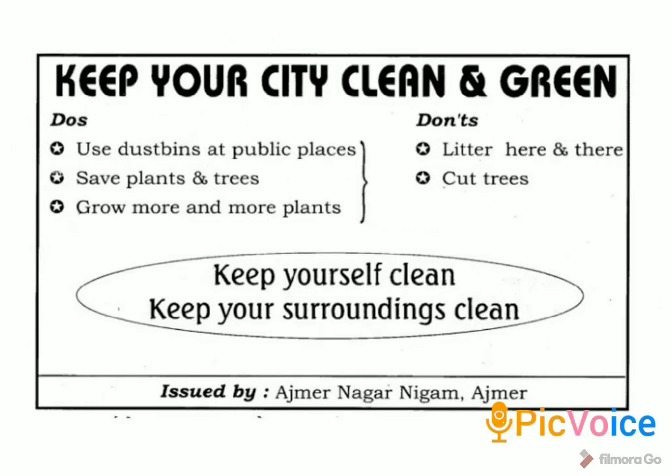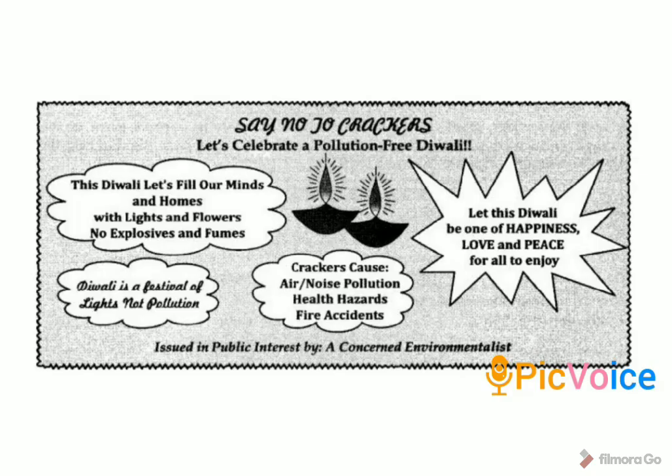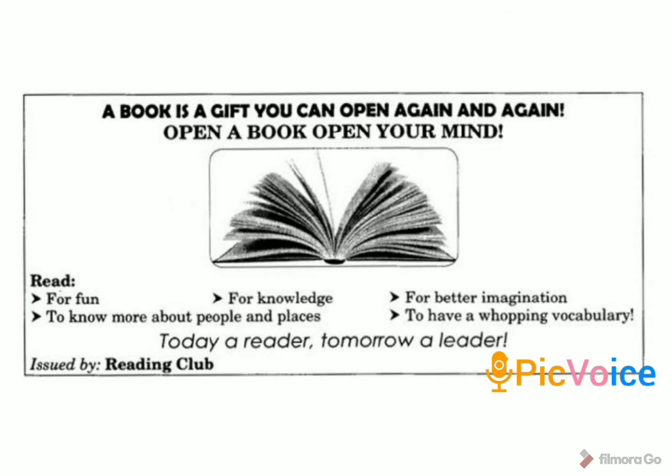Here are a few more examples of posters on environment and social issues. So this one is about a cleanliness drive. Again the main theme is highlighted and some attractions are given in the form of taglines and essential details are also provided. And again at the bottom the issuing authority name is given. Next is about the harmful effects of fireworks and crackers. One is highlighting the importance of books. Again, the same format and the same rules.